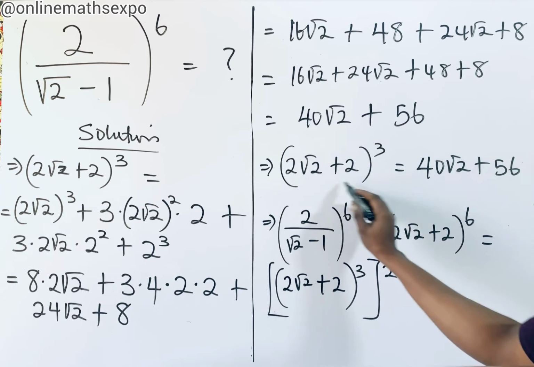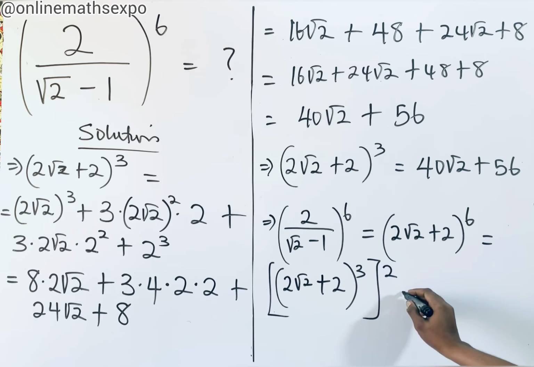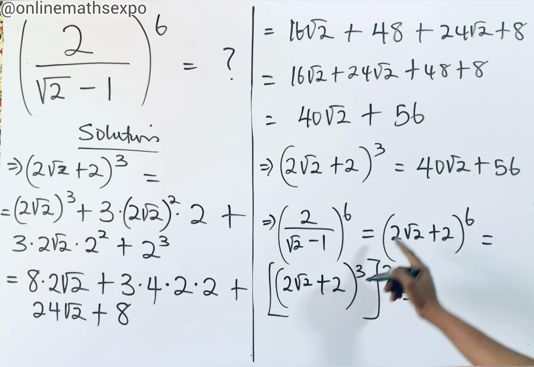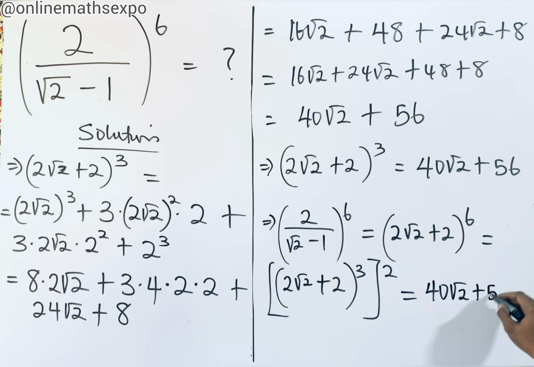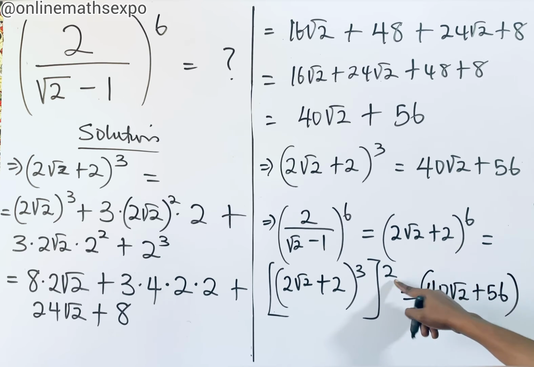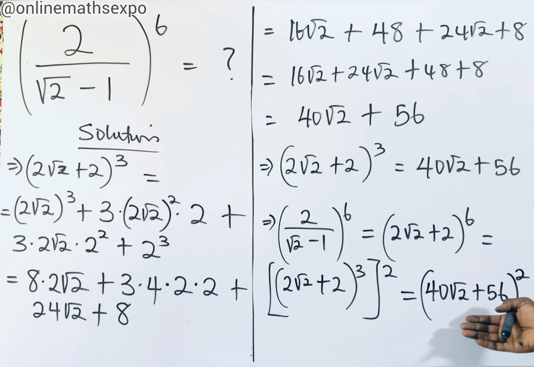And for simplifying this, did you see what we got? This value inside is the same as 40 root 2 plus 56, and that is raised to the power of 2. So we are going to simplify this finally to get the final answer, and to do that we have